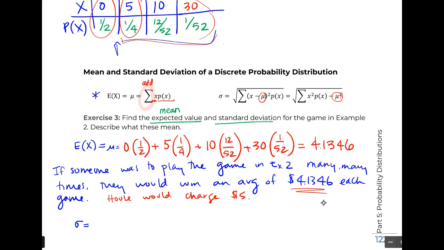There are two formulas you could use. One has the same feeling as what we saw back in part 2. How far is each value from the mean? Square that. And then essentially for both of these, we're just weighting them based on that probability. So 0 is the most likely, so it gets the biggest weight. 30 is the least likely, so it gets the smallest weight. So how far are things from the average, and then how much weight do they actually carry? Because if they occur more often, we want to give them more weight. The second formula, while it's not as easy to understand, is easier to calculate. So that's the one we're going to use